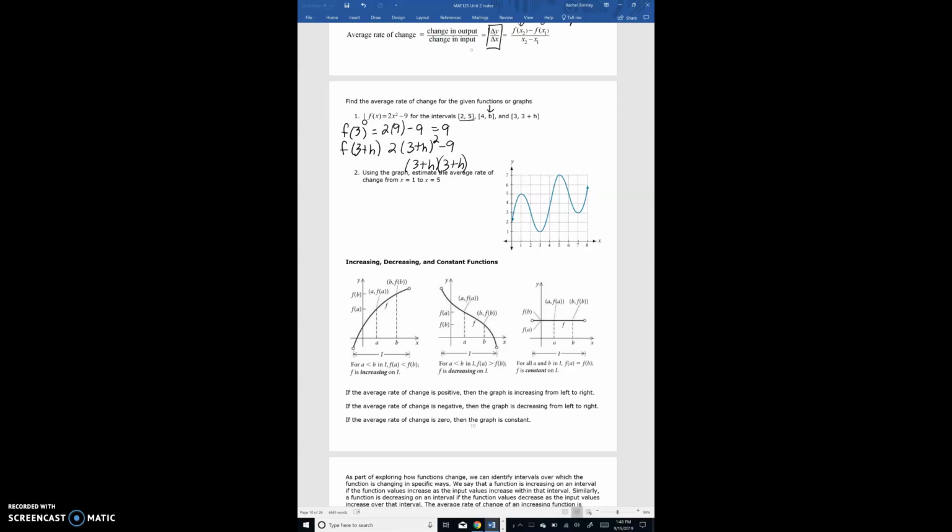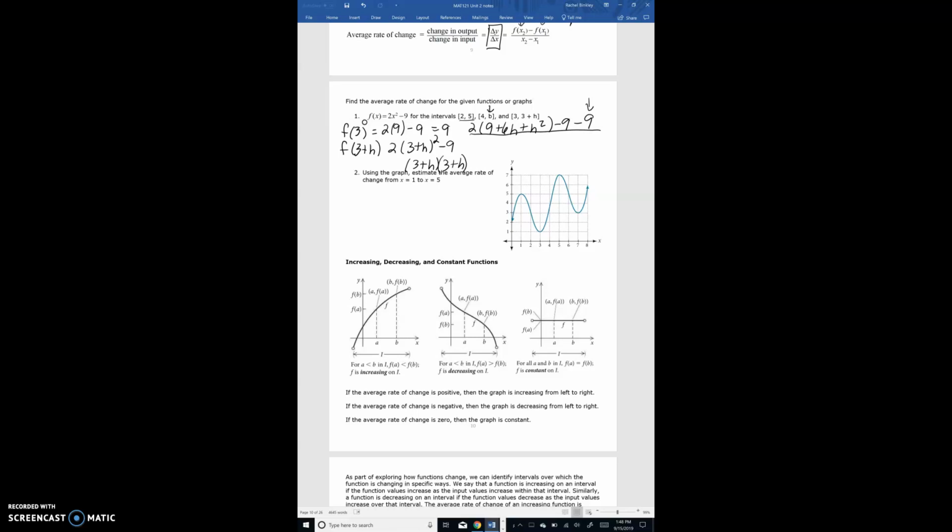So I'm just going to say, now I have 2 times 9 plus 6h plus h squared minus 9, and then minus 9 again, because this is my first output, and this whole thing I wrote was my second output, over,